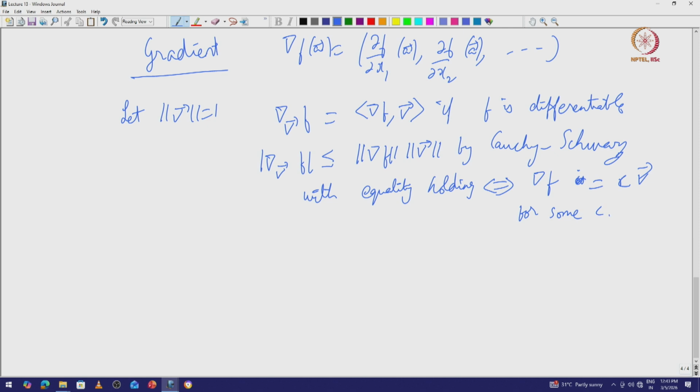So this norm becomes equal to this precisely when gradient of f is parallel to v,